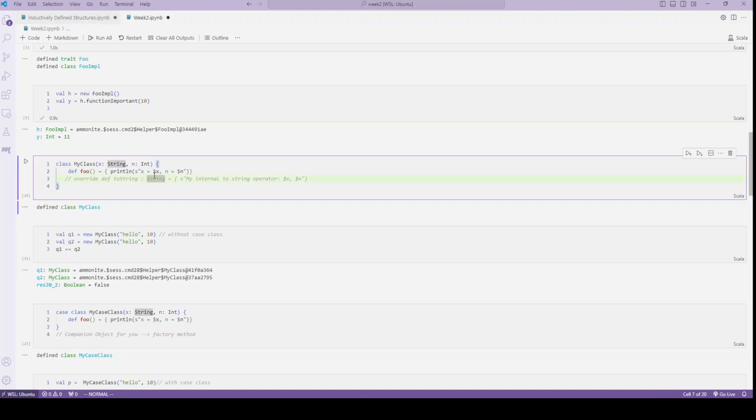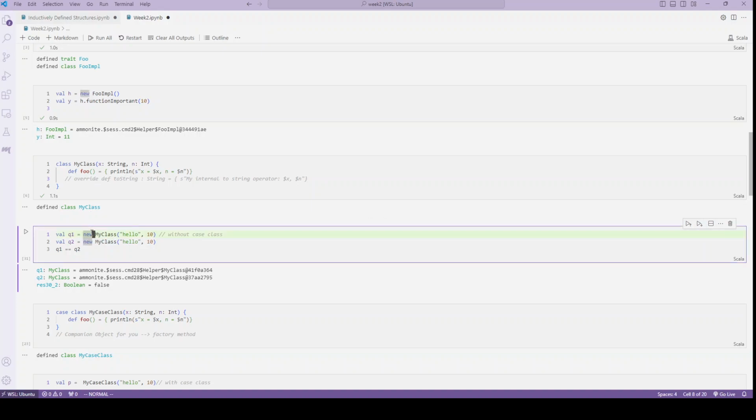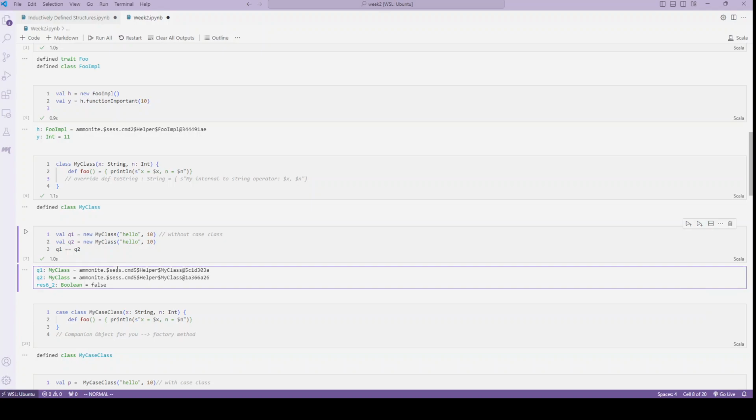So let's go through exactly what that case class is. A normal class in Scala would be something like this, class myCase. It takes in some parameters and maybe has a function. And when we define it, we can make some new values, say Q1 and Q2. There'll be 2 new myClasses. And you can see down here that unlike those case classes above, the toString function just prints out this bunch of gobbledygook